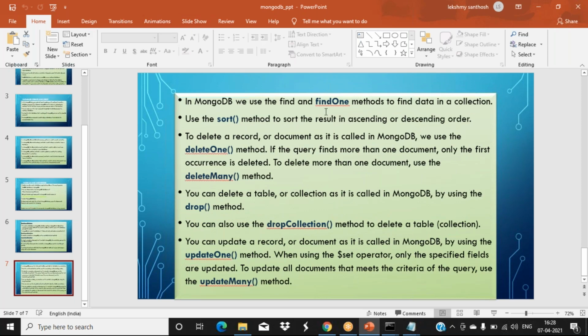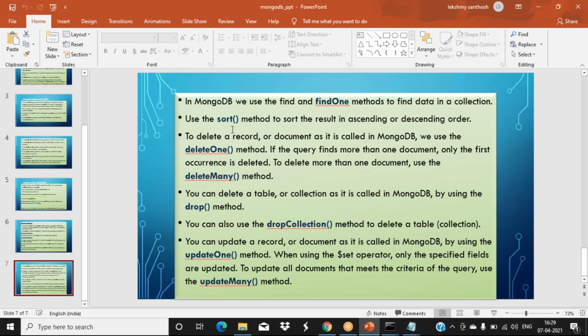Another operation we have is selecting or viewing the collections, or what all documents are available in the collection. How to view that? We have find. So find one method to find a document, and findMany is there again. We can find many documents at a time.